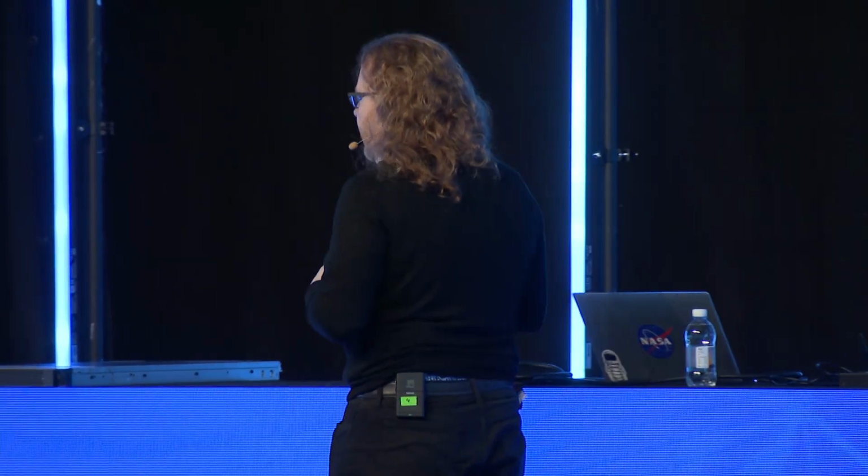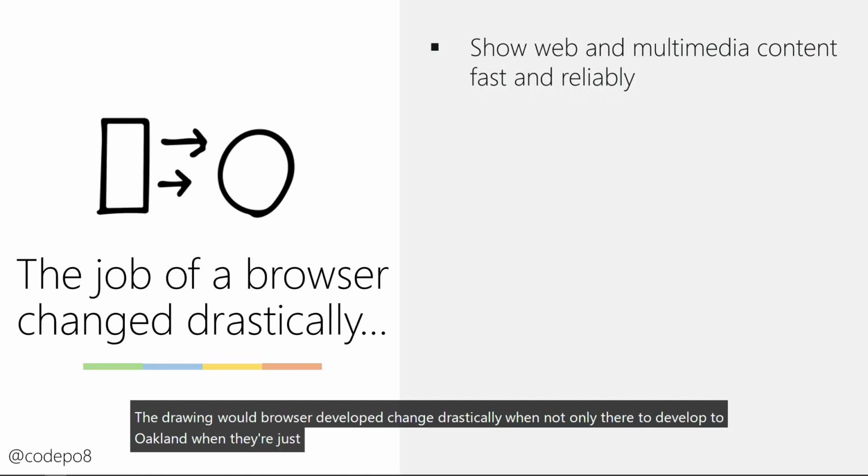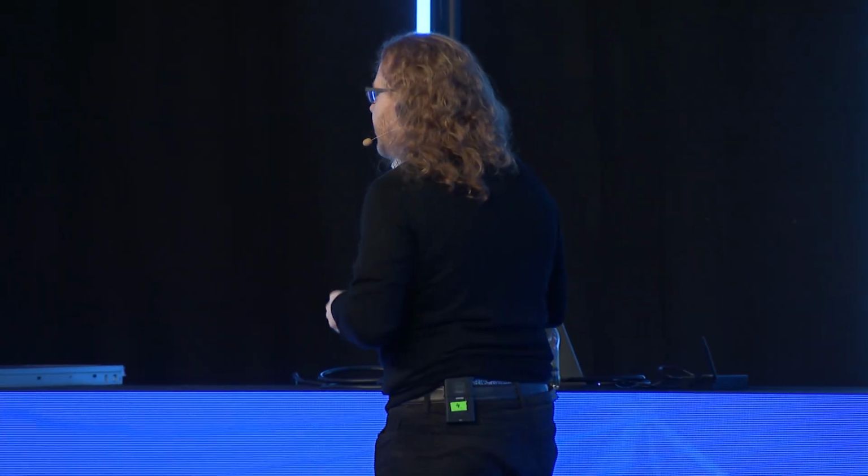So the job of a browser itself changed drastically. We're not only there to show content, we're there to show web and multimedia content fast and reliably. And believe me, people upload the most random things and complain that the browser is bad. When I worked on Firefox, every single time we had a release, I had some person emailing me that it's still a terrible browser because it cannot render the images that he has to work with. Then I asked him, what images are you working with? And he said 300,000 by 260,000 pixels. And I'm like, why would you ever open this in a browser? What do you think, like zooming in 6,000 times till you see something? That makes no sense,